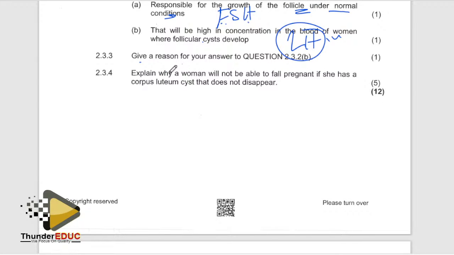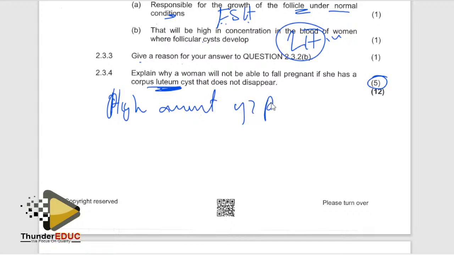Explain why a woman will not be able to fall pregnant if she has a corpus luteum cyst that continues not disappearing. Hey guys, it's 5 marks. So basically I told you that this is a negative feedback mechanism or homeostatic control of progesterone. So basically if the corpus luteum did not degenerate, it means that it's going to produce a high amount of